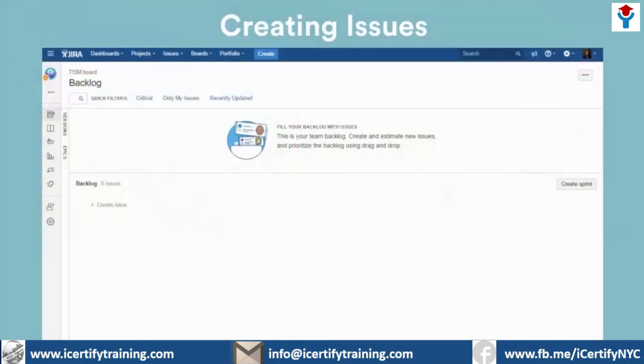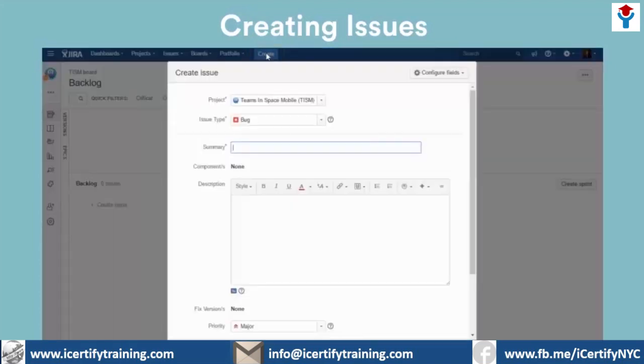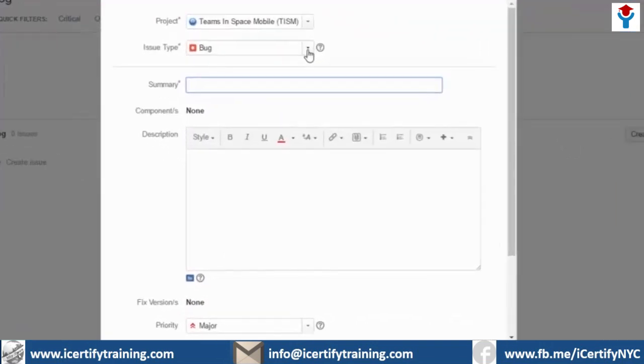Now let's create an issue. To create a new issue, click Create. A new window pops up that contains several fields. The fields you see here have been specifically set for this training instance and may not look the same on your system. When creating an issue, your job is to decide what type of issue it is, give it a name,